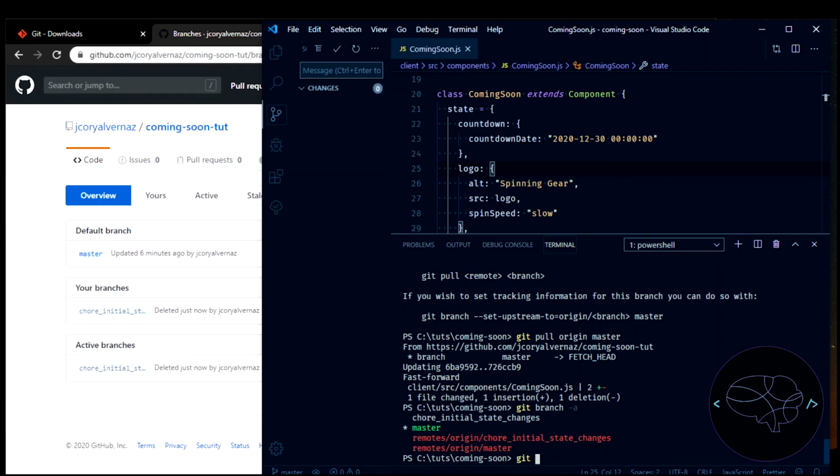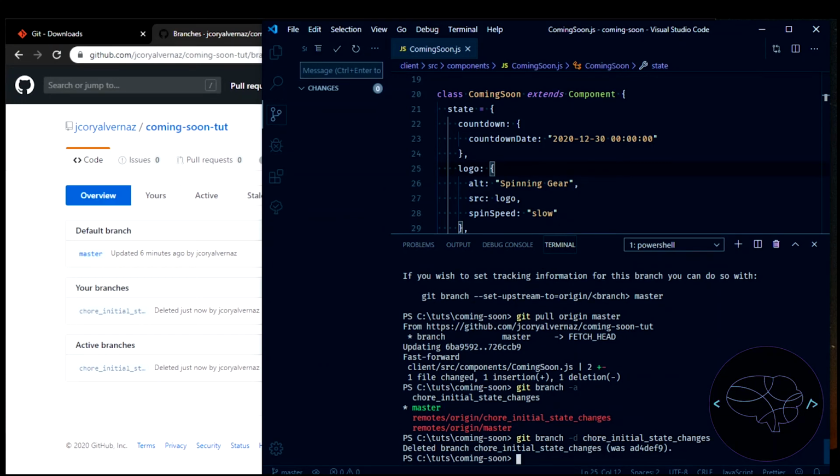So I'll say git branch, I think it's -d, and then we'll say chore initial state changes. Could have probably come up with another name. So now it's deleted that branch. Say git branch -a,